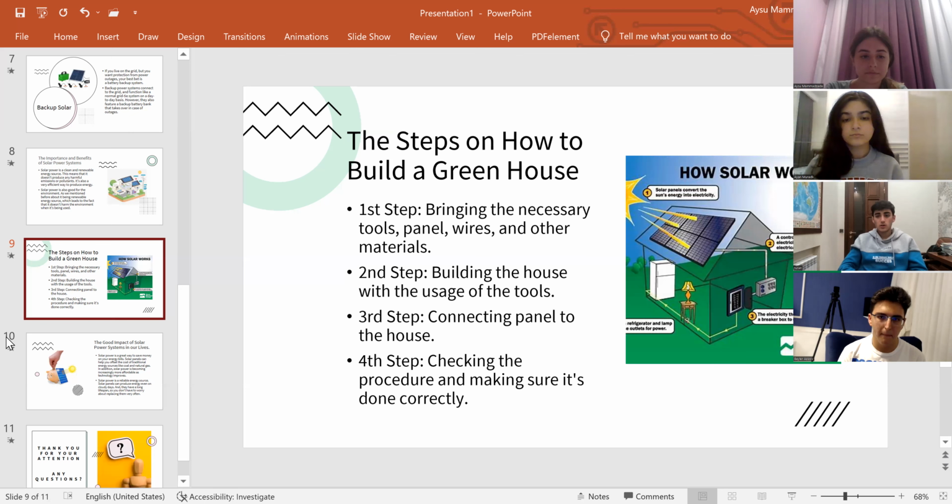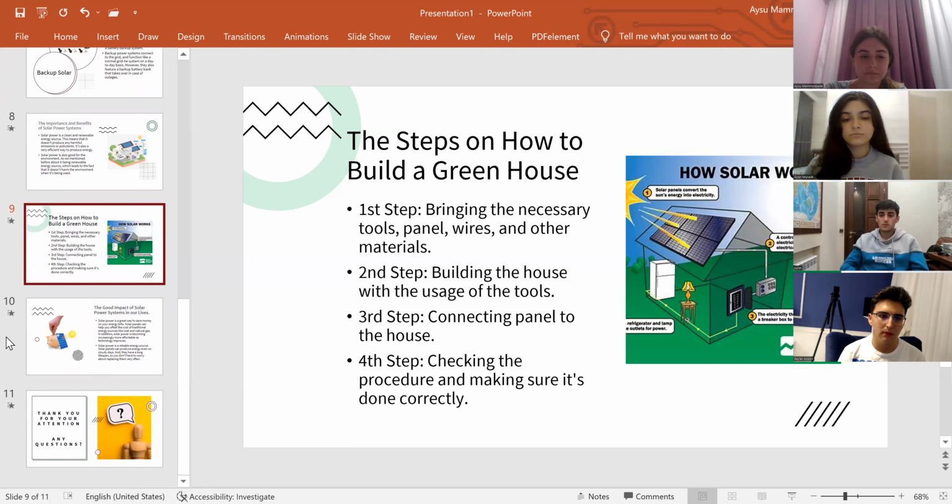And there were two signs on the solar panel that we should connect these wires to. We connected the plus one to the plus sign and the minus one to the minus sign. And also we had a switch to switch the light on and off. There was a place in the switch for plus-charged wires and minus-charged wires. We did the same thing to the switch, and at the end,